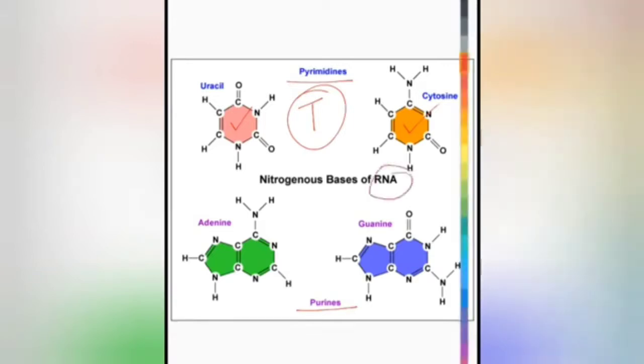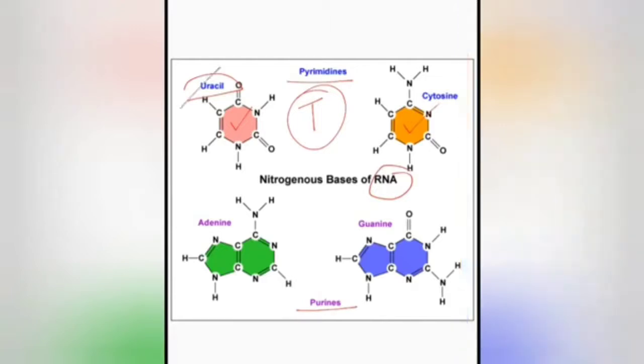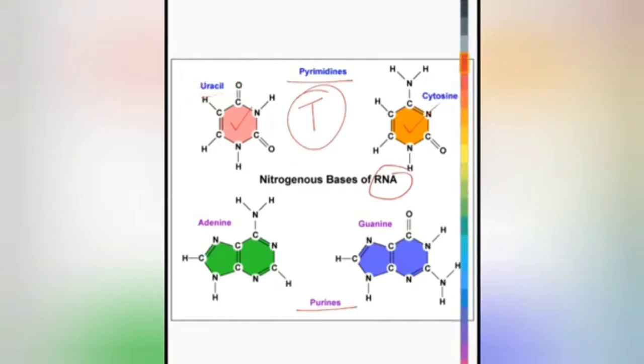As you all know that in RNA uracil is found instead of thymine. So this is basically same in case of DNA. Only the difference is that in DNA the uracil will be replaced by thymine. Okay, so let's discuss about the types of nitrogenous bases, and the types will be same for DNA and RNA. So I was talking about pyrimidine.